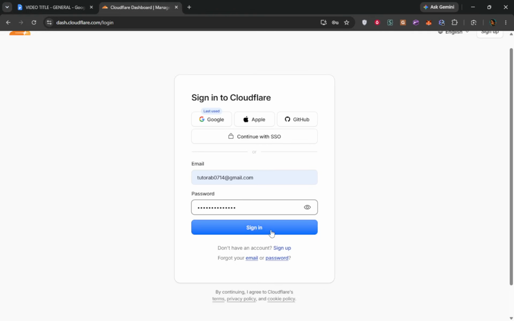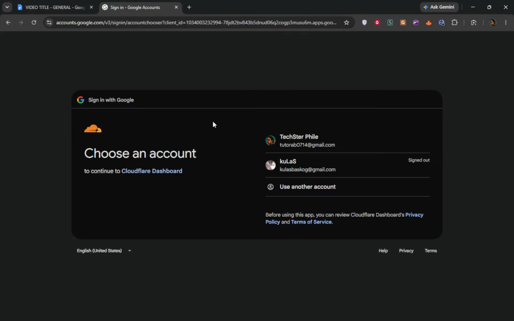If you opted to log in using Google, Apple, GitHub, or SSO, simply click the button for your chosen method. You will be redirected to a secure page where you can authenticate your identity. This process may involve entering your credentials for that account or approving a notification on your device. It is reassuring to know that using these methods can streamline your login process and enhance your security at the same time.